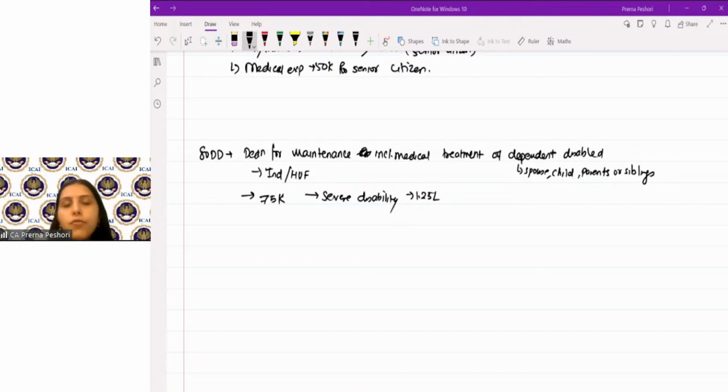Now, the benefit of deduction is also available to the assessee incurring the expenditure on the maintenance of these particular persons. Now, as I said, if the dependent person who was disabled dies before the individual in whose name the subscription was made, then the amount which is deposited would be chargeable in the hands of the person by whom the amount is received, in the year in which the amount is received by him.